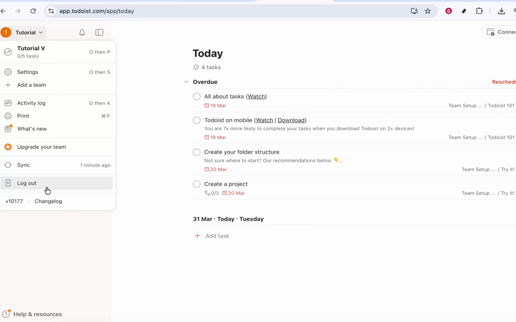If you use a connected account, like Google, simply click the corresponding button. A small window may pop up asking you to confirm which account you want to use and to allow access. Follow the on-screen prompts, confirm your choice, and wait a moment while Todoist signs you in. After a brief pause, you should be redirected to your Todoist workspace, where you'll see your tasks, projects, and any